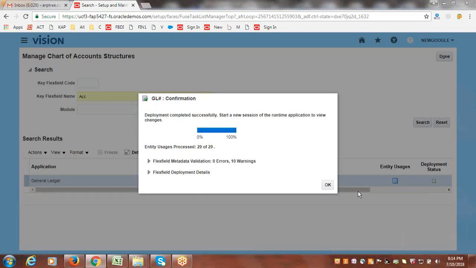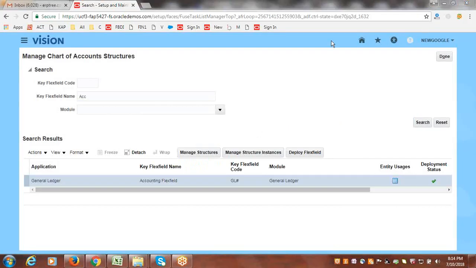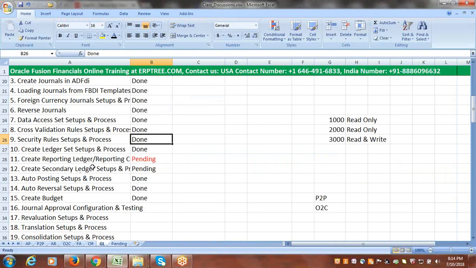Now we could see the confirmation, say okay. So now we'll have access to all the balance and segment values from any user. Okay, now it's quite normal, as we defined by default, whatever privileges we have. So that's all about